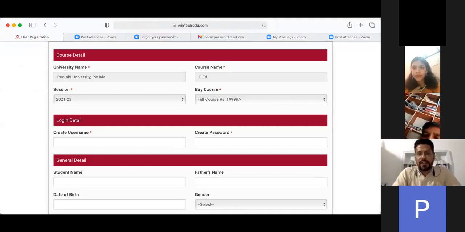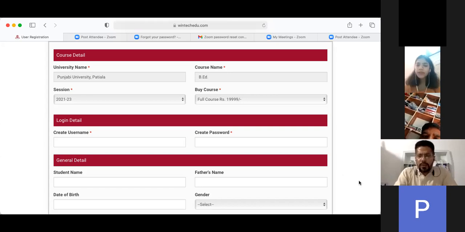Like, for example, Bharti 123. You can create any password using multiple characters, as long as you remember it, because the same password will be used for your further access to all the study material.